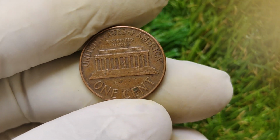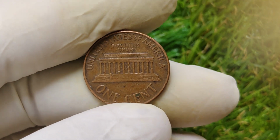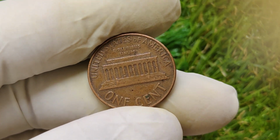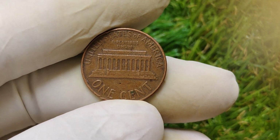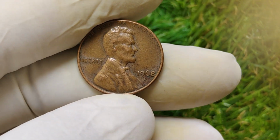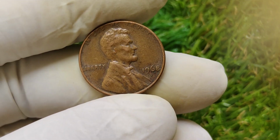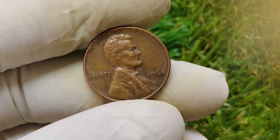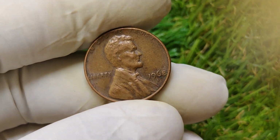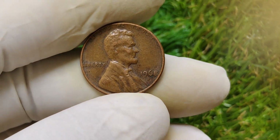Next, check the edges of the coin. Look for any off-center strikes or signs of lamination errors or planchet flaws. All of these are features that can increase a coin's value significantly. Of course, the best way to find out is to have your coin graded by a professional grading service. They will certify its authenticity and condition and provide a standardized grade that buyers and collectors trust. Having your coin graded could make the difference between someone offering you a few bucks and someone bidding hundreds for